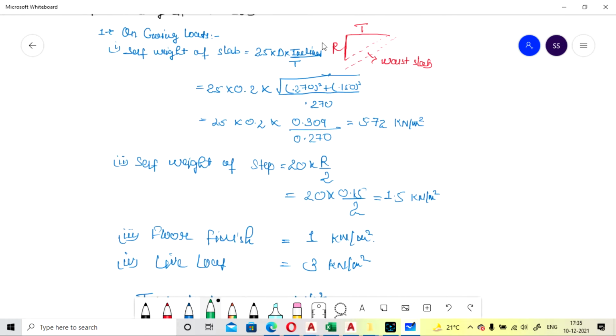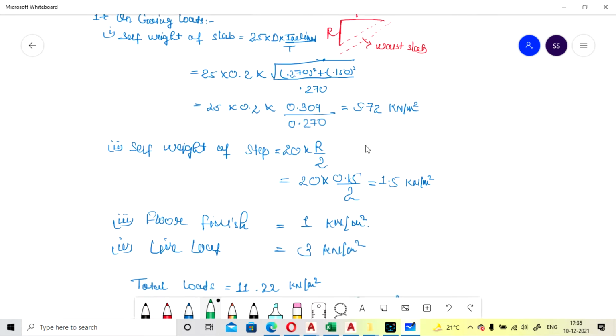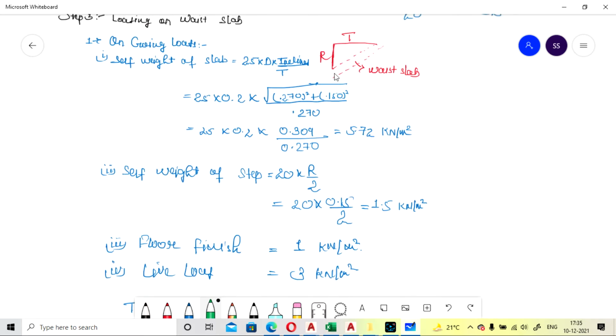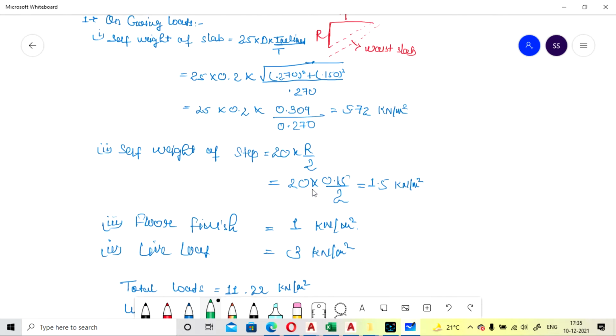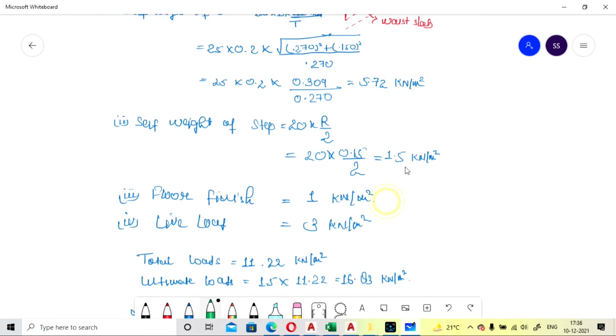We have to take the average value, that's why we are taking r by 2. So it is 20. If you are going to make the step of RCC, you have to change the 20 to 25, the unit weight of concrete. So here it will be 20 multiplied with 0.15 into 2 divided by 2. So it will come as 1.5 kilonewton per meter square.